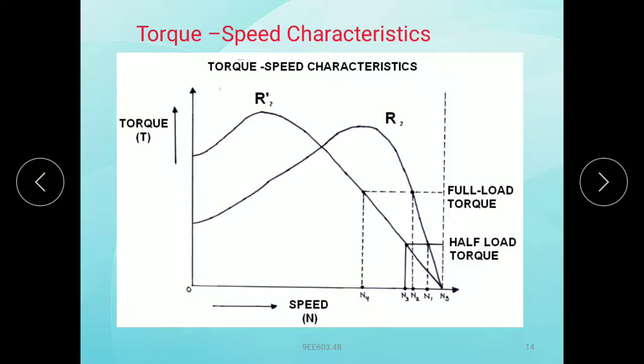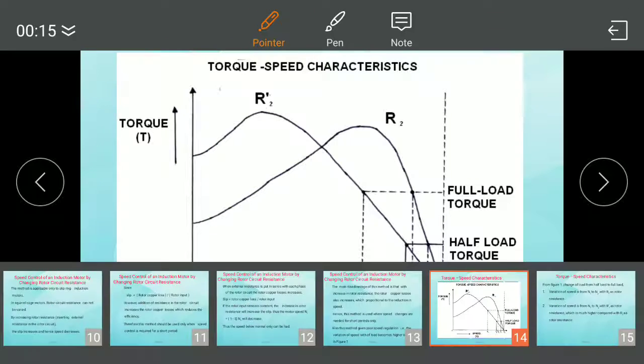Here this is showing, so look very carefully. After that, by inserting resistance into the rotor circuit, the starting torque will be here without rotor resistance, and here with rotor resistance. Compare this one and this one. Here the torque is improved from this level to this level. So the maximum starting torque will be more compared with the case without rotor resistance.